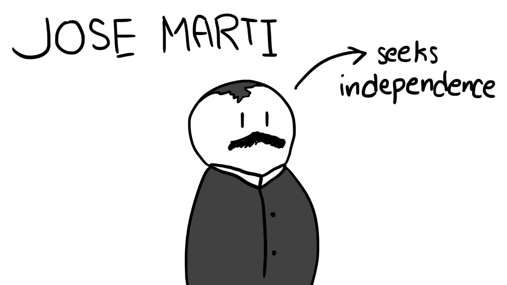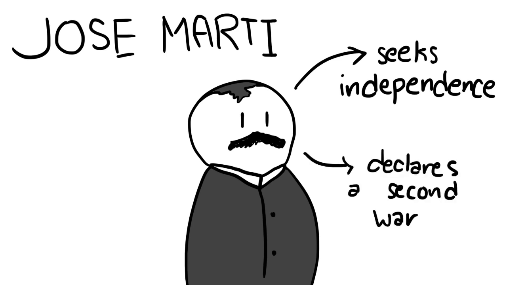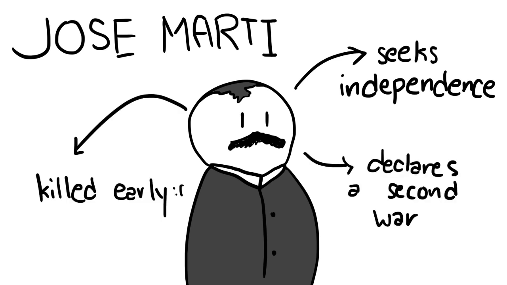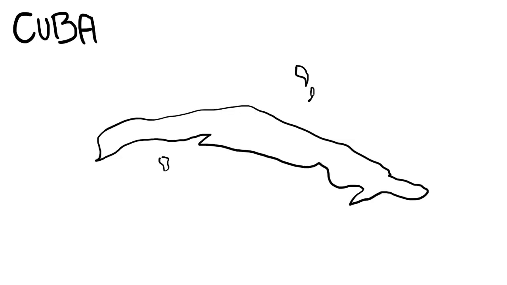After his exile, in 1895, Jose Marti returned to launch a second war for Cuban independence. Marti was killed early in the fighting, but the Cubans battled on. By the mid-1890s, the United States had developed substantial business holdings in Cuba. Therefore, it had an economic stake in the fate of the country. But when the Spanish forced many Cuban civilians into concentration camps, Americans objected to the Spanish brutality.